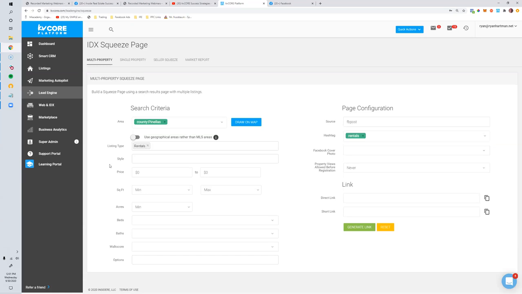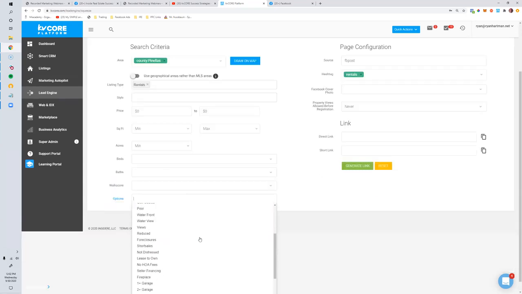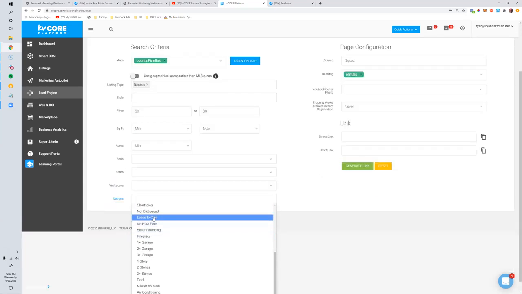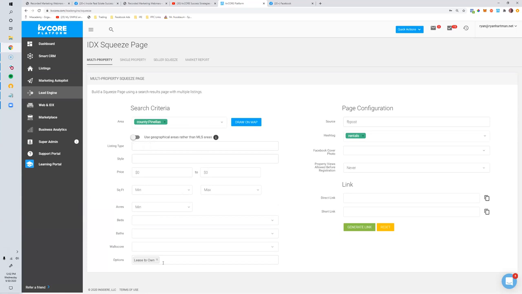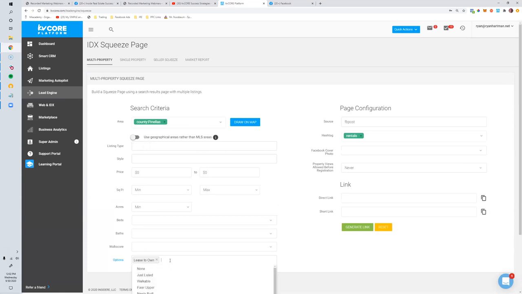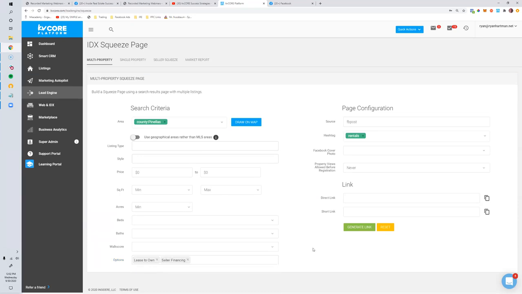A lot of people might be sitting there shaking your heads, because who wants to deal with rentals all day? I know in some urban areas you might specialize in rentals, but I like rentals. Posting rental links and talking about rentals is sometimes a way to generate conversations. Lease options especially is a really good one to post. I don't think I'm going to have that here. Oh, I do. Let me see what comes up. Down here in the options, I can get a little more narrow, and I'll do seller financing too in the county. Let's just see what's being shared over into my MLS. It's going to vary by everybody's MLS. So I'll generate the link, grab the link here, and go take a look right now.